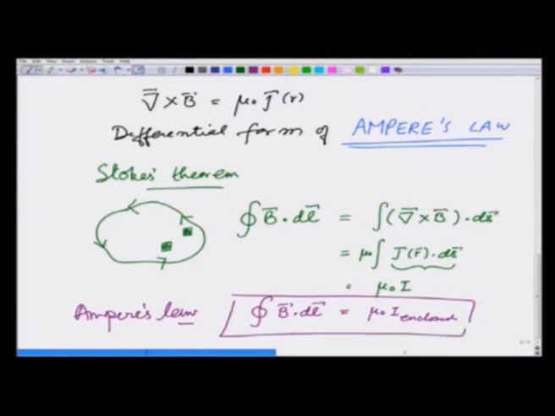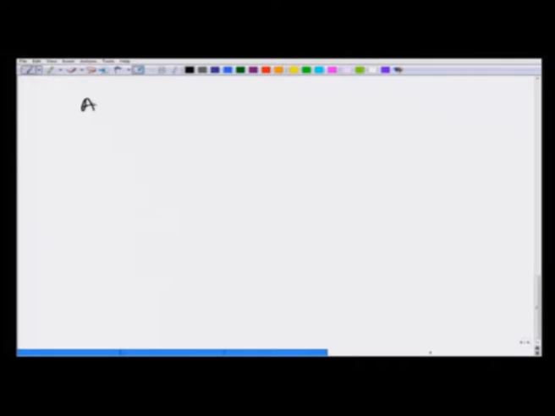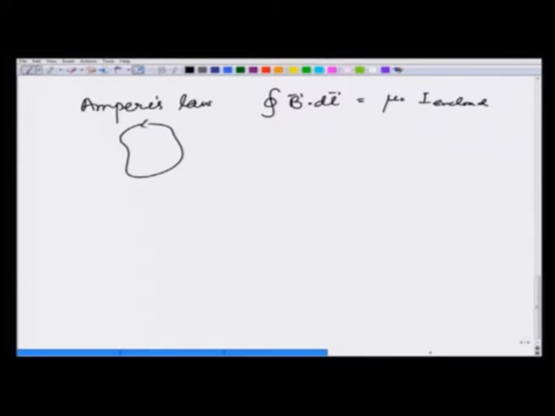This is similar to the integral form of Gauss's law. So, let us write this again. We have Ampere's law that says integral B dot dl is equal to mu naught I enclosed by that path. Let me make the path also. This is similar to Gauss's law for electric field